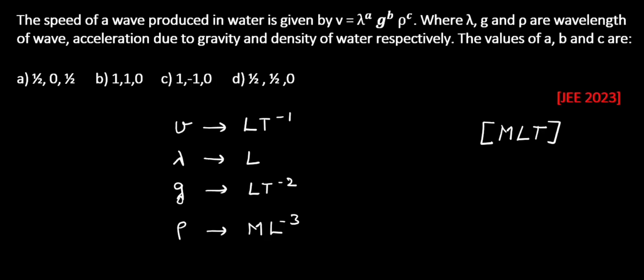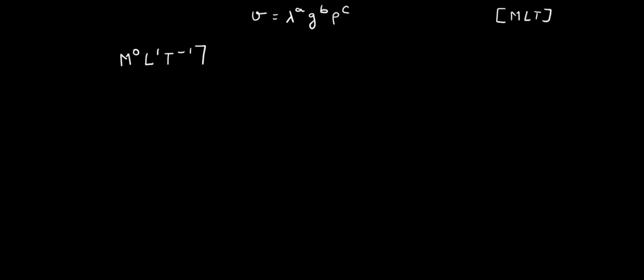Now we have to equate the LHS and the RHS terms. So the formula here is V is equal to lambda power A, G power B, and rho power C. V, as I said, can be represented in the form M, L, T. For velocity there is no mass term, so it is M power 0, L power 1 and T power minus 1,